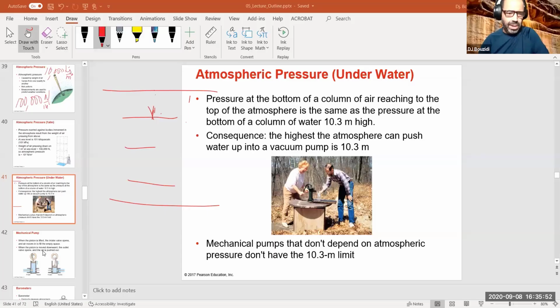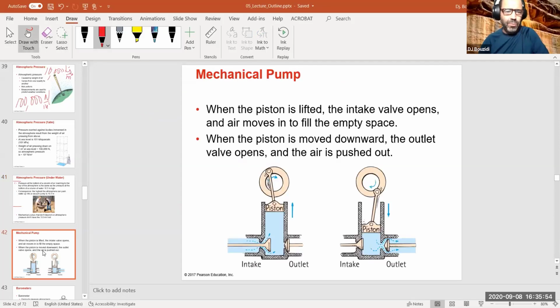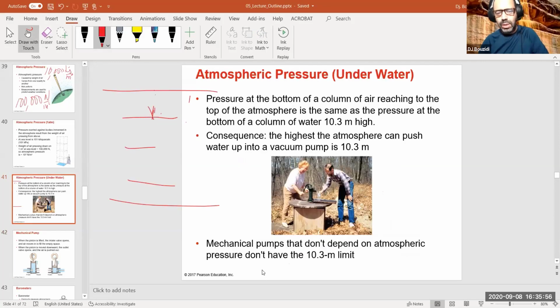Okay. Again, we're going to talk about, with a mechanical pump, of course, one of the questions about the straws. How much can you drink off of a well, for example? The maximum depth you can drink off of a well with a straw is 10 meters, 10.3 meters to be more specific. If the water depth is 10.4 meters, for example, and you try to drink from it, you cannot empty enough air, because the biggest column in there is equivalent to 10.3 meters. To drink from that water, you need a pump.